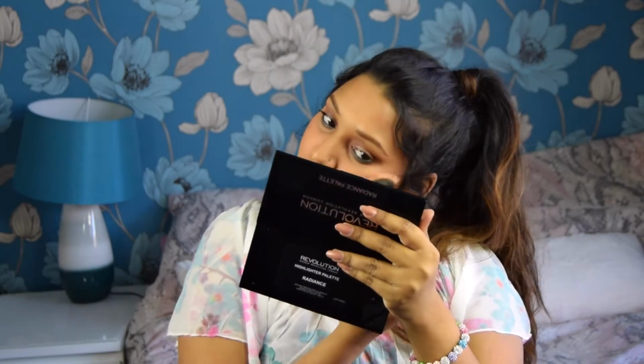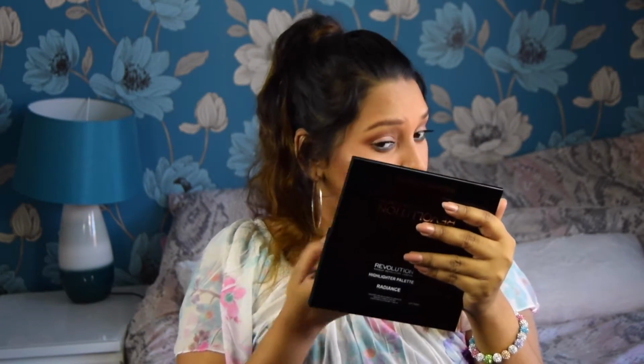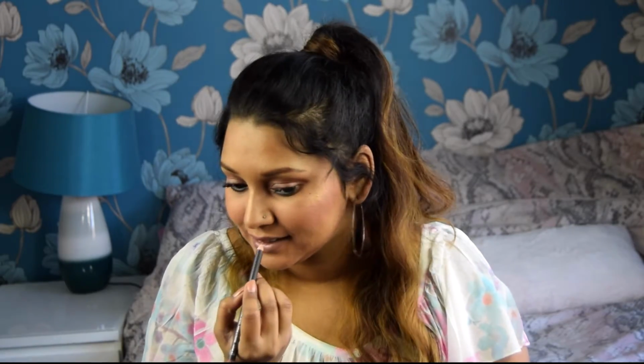And then for my highlight, I'm using my favorite Holy Grail Makeup Revolution Radiance palette. I love this, I swear by it. And I think it is amazing and such an affordable trio of highlighters, as they're very finely milled and very